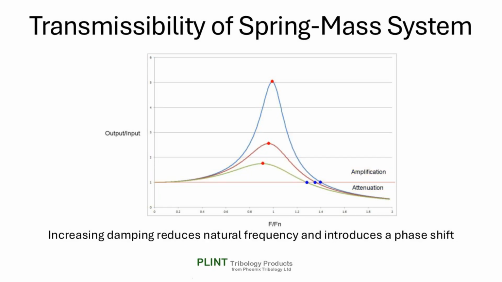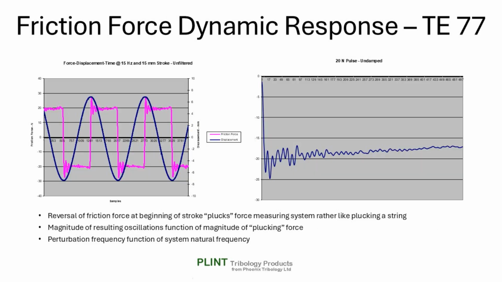It's worth noting that damping has two effects on the system. It reduces the amplitude of the resonance, but it also reduces the natural frequency of the system. The graph here shows an unfiltered friction signal from a standard T77 high frequency friction machine running at 15 Hz